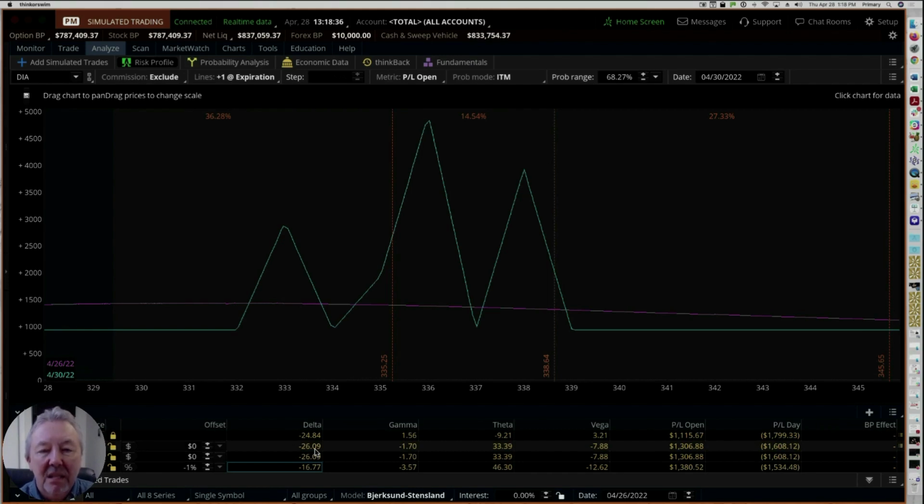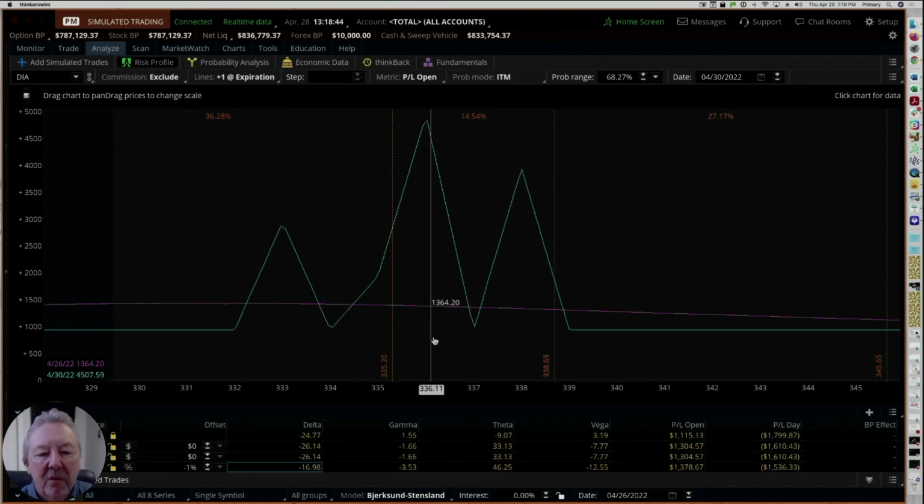The delta is slightly negative because I skewed this, since the market's been going down a little bit. But the only thing I'm really thinking about at this point is seeing if we can get the current price to settle inside one of these tents. That's all I'm really interested in, because that's where I make the most money. And if it doesn't, if it goes inside, outside, in between, it doesn't matter, because I still end up making money on these. It's incredible, actually.